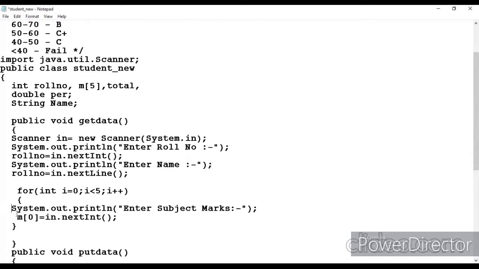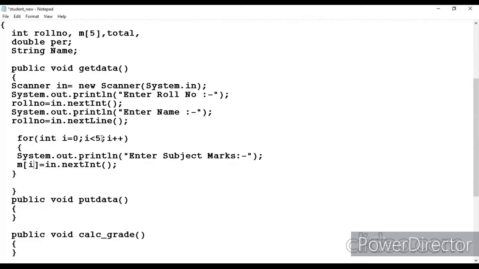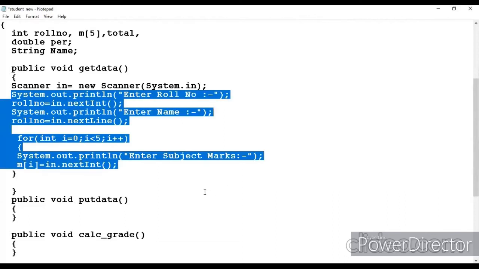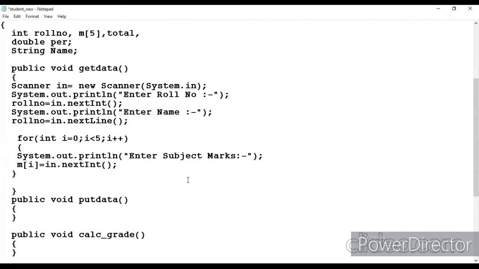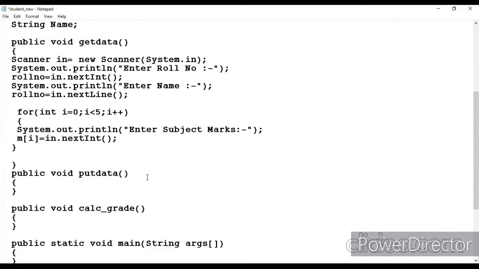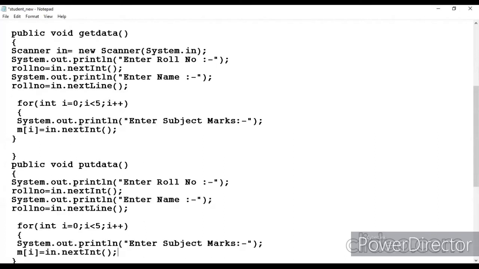Now I have to change only one thing, that is i. If you change i, then automatically it will add the 5 subject marks. So let me test whether it is working or not. First we have to check by displaying the data in our put data.